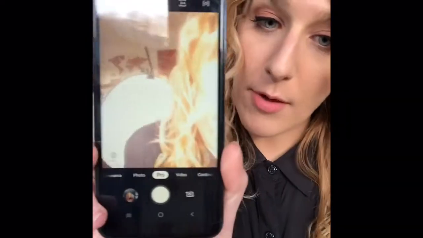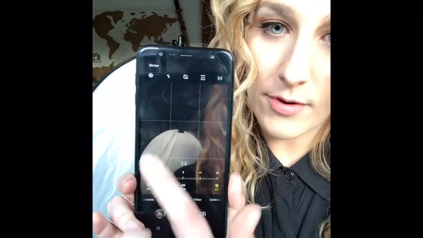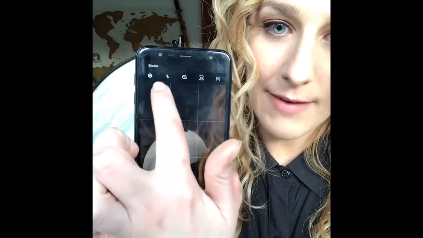So what I did was go into the bathroom, run my hand under the tap, and then flick the water onto the bathroom mirror. Held my phone up in front of it, and I chose these exact settings. I was on my pro mode. My exposure I brought all the way down, so it was super, super dark. And then I went up to my flash,